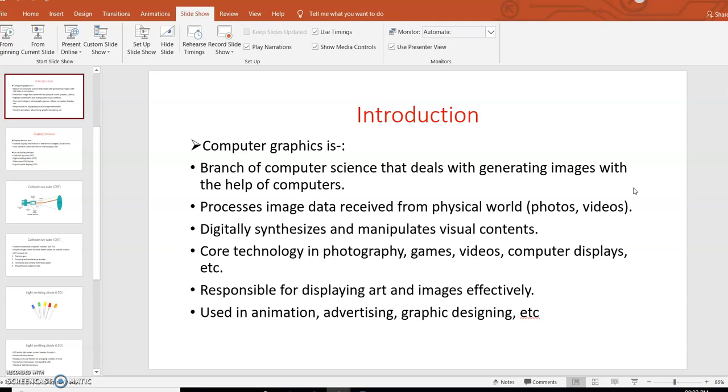Whenever any image or video is captured, different algorithms, transformations or effects are applied on these images or videos. This is nothing but synthesis, which we already discussed. Synthesis means you are combining or making a fusion of different images or videos, synthesizing different things to get something new. This is the basic thing as far as CGVR is concerned. Basically, computer graphics is the backbone of your photography, video games, computer displays, etc., and your entertainment, your animation, etc. So this is the important thing.